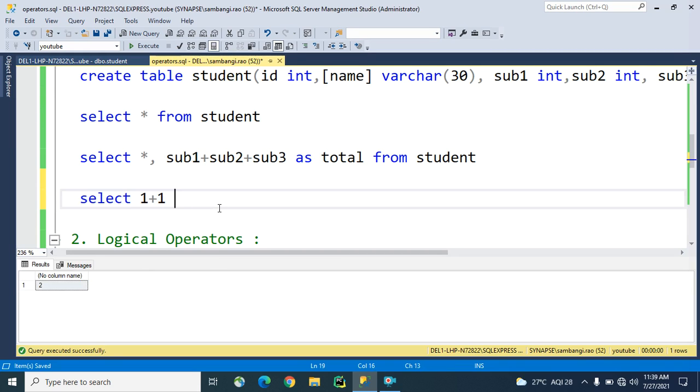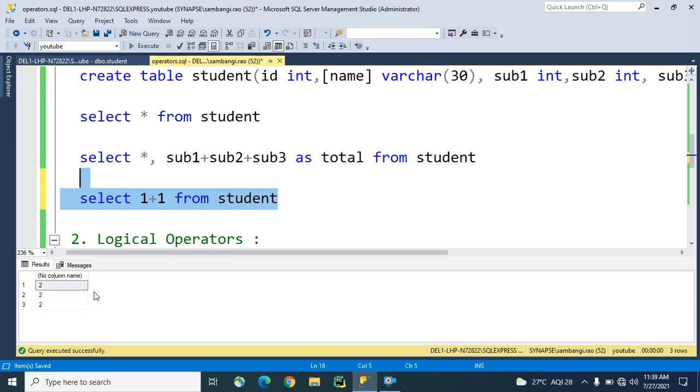But if you select 1 plus 1 from any existing table, it will show the result as many times as the number of records existing in this table. Actually, three records exist in the student table.